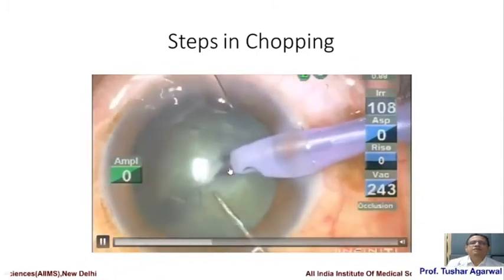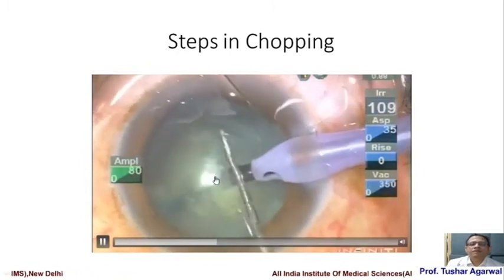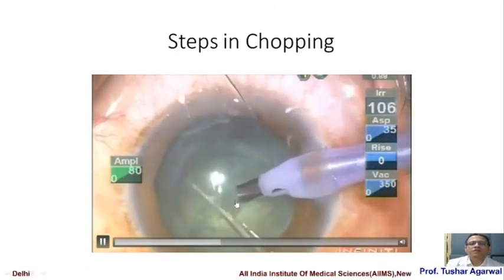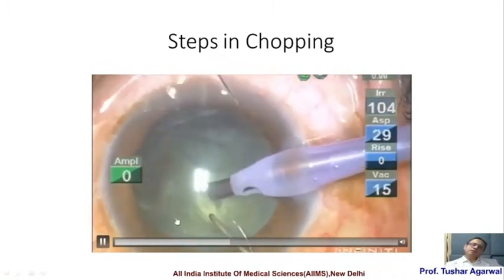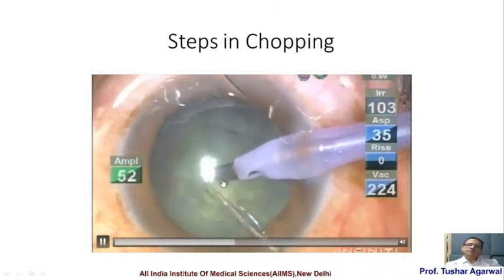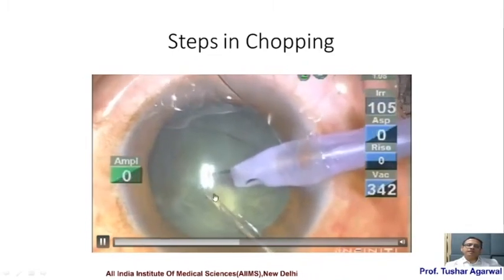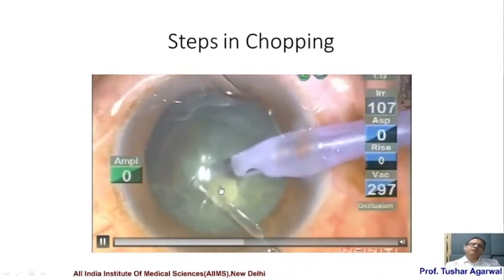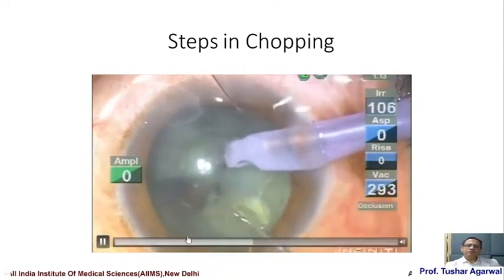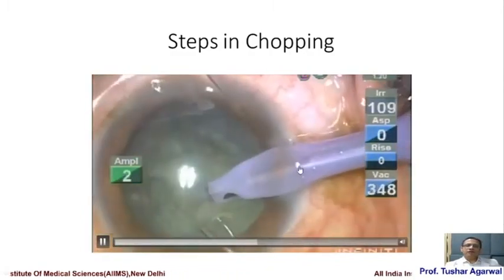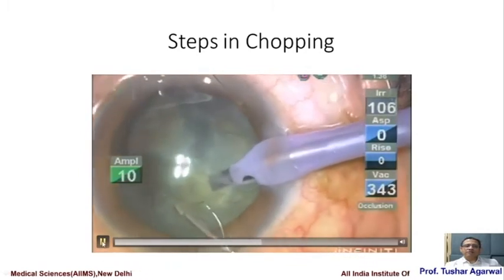So you see, you never let go of the nucleus with the phaco needle, and for a grade 2 to 3 nucleus, your aim is to cut through and through till the bottom of the nucleus, and then you just keep rotating the nucleus and repeating the same movement, vacuum, phaco, and vacuum all around. And once the pieces are smaller, you can remove them.